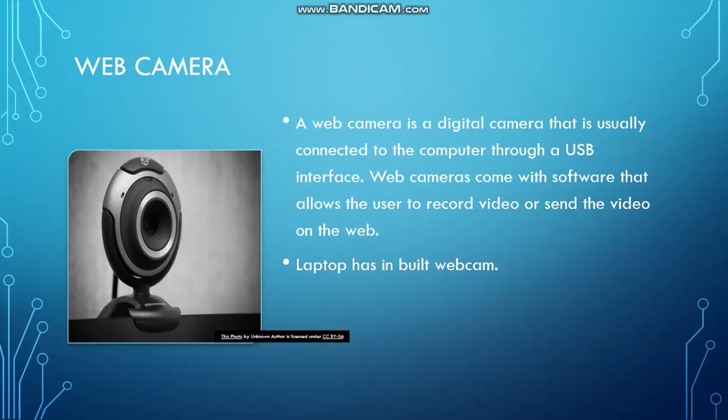But a desktop does not have any inbuilt web camera, so we need to purchase one and plug it into a USB port. That's why it's a USB interface. By using a web camera, we can do a video conference, or we can record a video and send the video on the web.